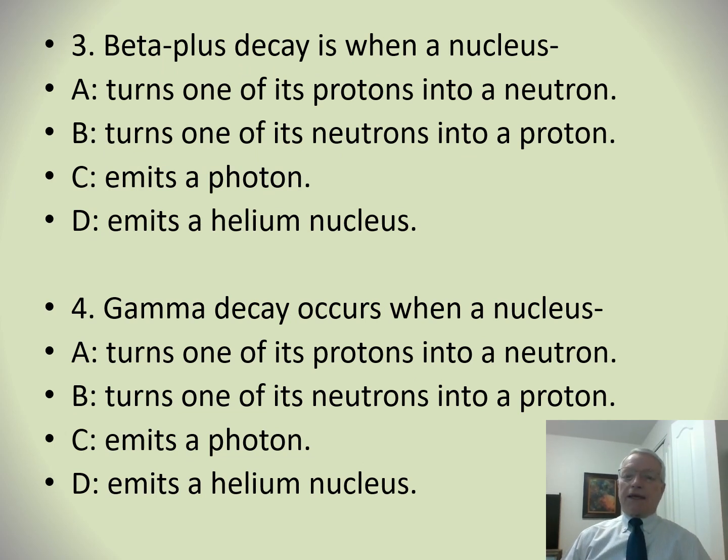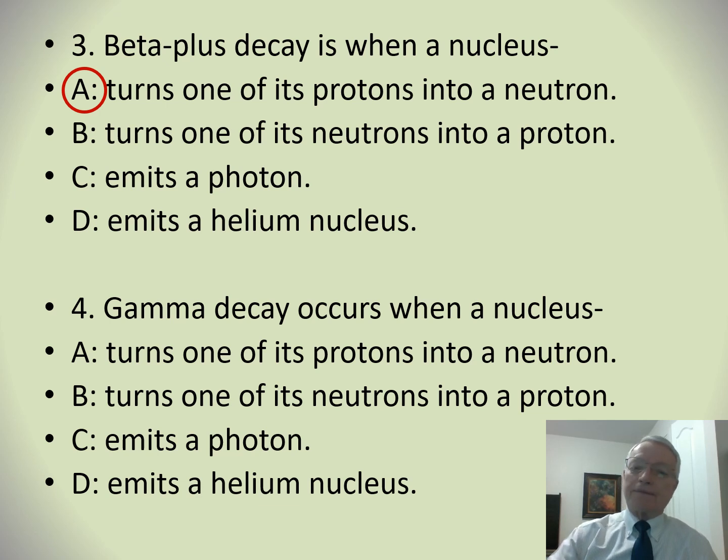Beta plus decay is when a nucleus does what? Well, that's the flip side. That's when a proton turns into a neutron. That positive charge has to go somewhere, and it comes out as a positive electron called a positron, the antiparticle